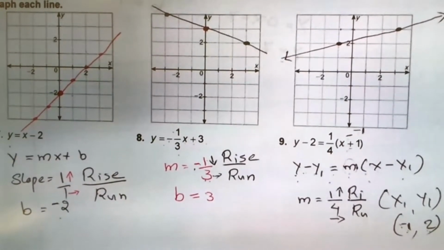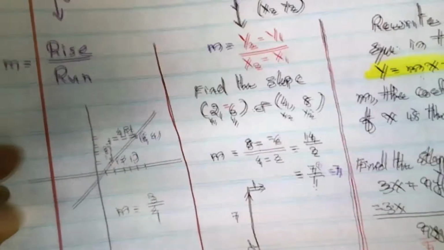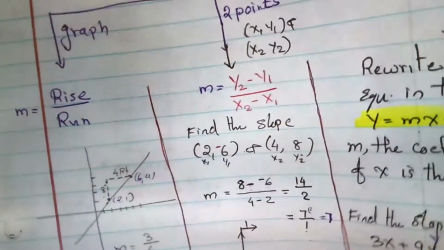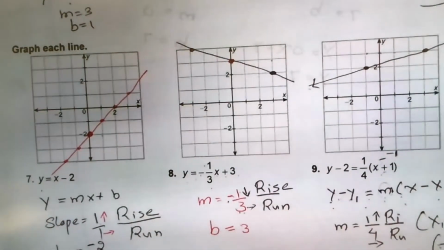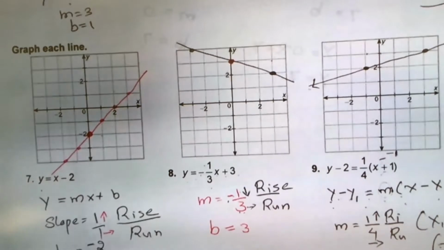So now we have learned how to find the slope using 3 different situations: graph, 2 points, and equation. And also we have learned how to draw the graph if you know an equation, the point slope or slope intercept form of a line. So before that, I want to talk about some